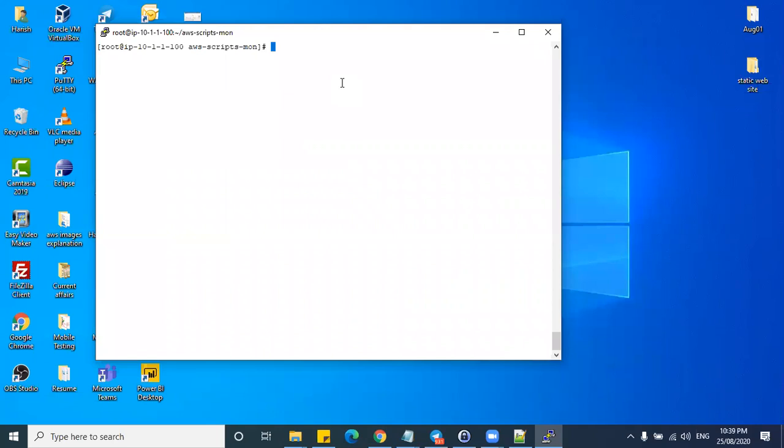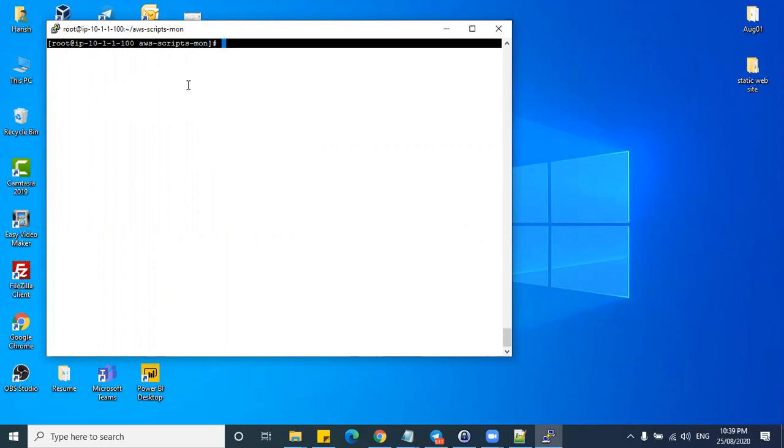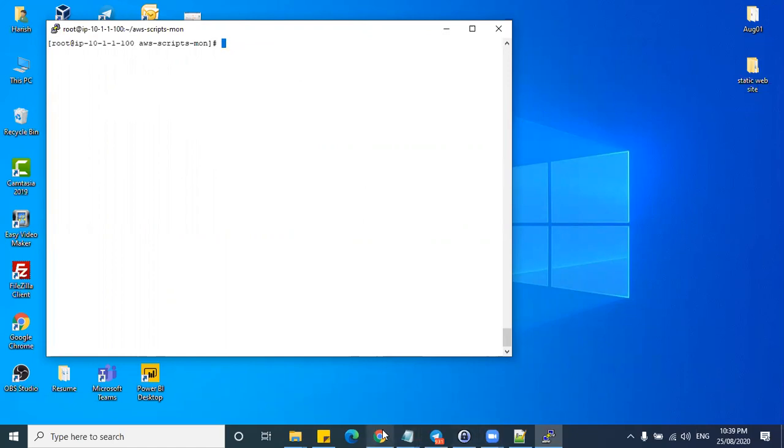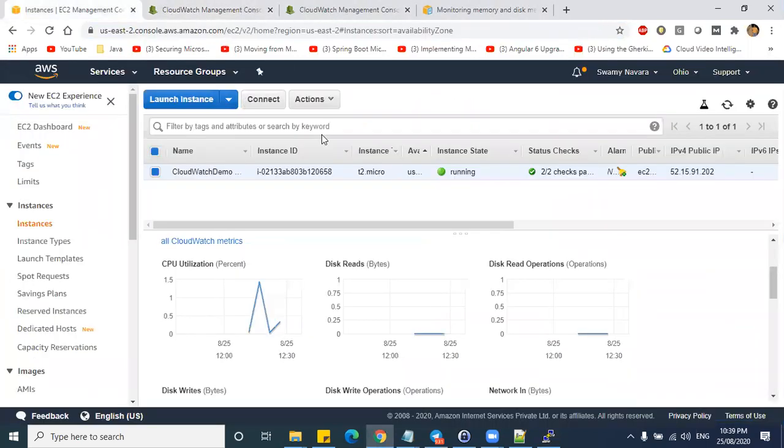How to check enabling this memory monitoring for EC2 instance? Harish, yep. When you were installing, after launching the EC2 instance, you installed using certain commands, right? Yeah.